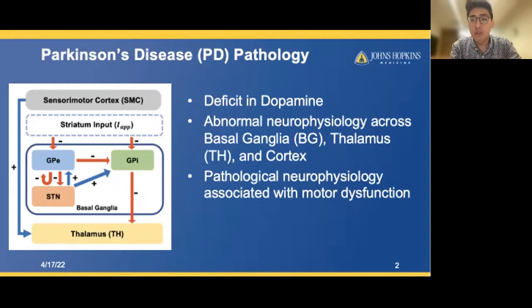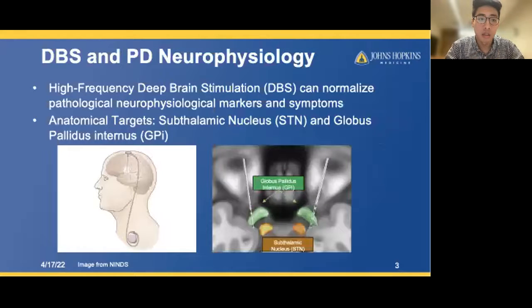cortex. So the overall deficit in dopamine causes an abnormal neurophysiology across the network circuit, across the basal ganglia, the thalamus, and the cortex, that is fundamentally associated with the motor dysfunction that you see in clinic. Using pharmacological interventions or DBS, one can effectively manage the symptoms of PD by normalizing this pathological neurophysiology